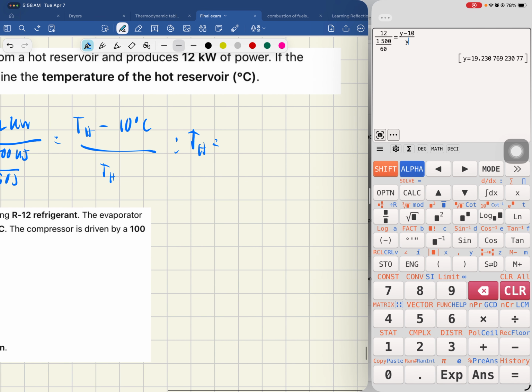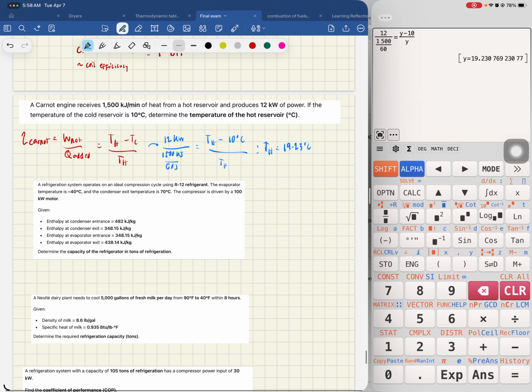Temperature should be around 19... 0.23. Oh, sorry. Since temperature should be absolute,